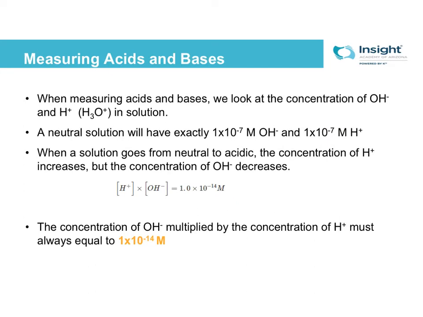So when we measure acids and bases, we measure the concentration of OH minus and H plus in the solution. All right, and for water, it's actually that hydronium ion that we measure. So a neutral solution will have exactly the same amount of OH minus and the same amount of H plus or H3O plus. All right, and then based on how the concentration of H plus changes, we can measure how acidic or basic a solution is. All right, some important things to know